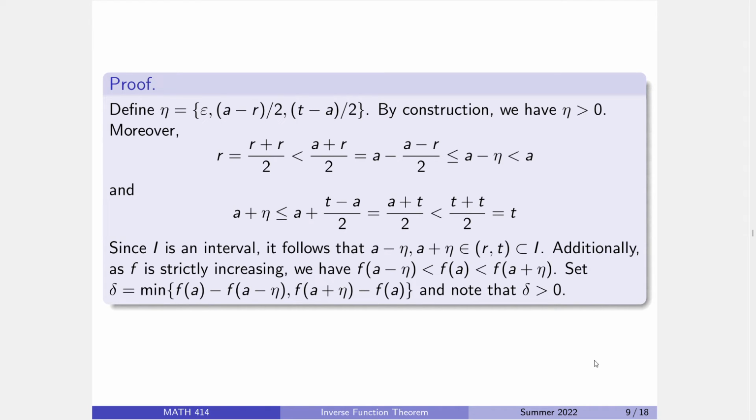So now we're going to set delta equal to the minimum of these two quantities here. And note delta is positive by construction. So given an epsilon, here's the delta we want. And if you're looking at it going like, why does that work? You'll see. Now note the difference if we have, let's say, f of a is the minimum,